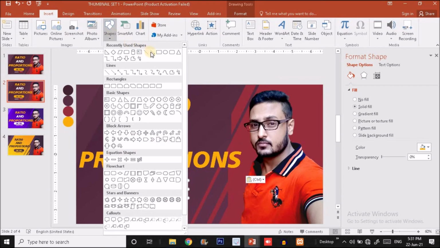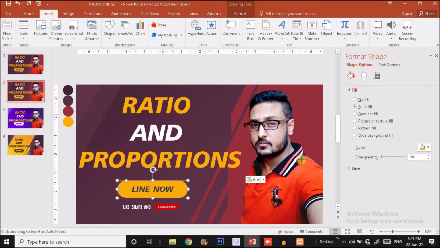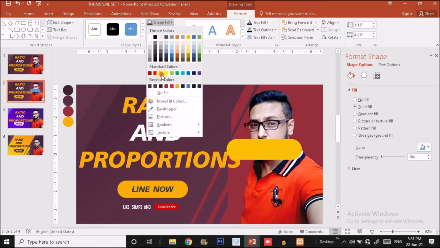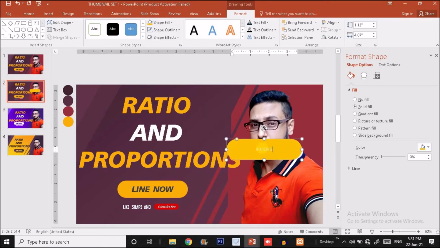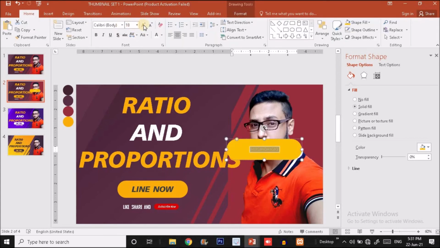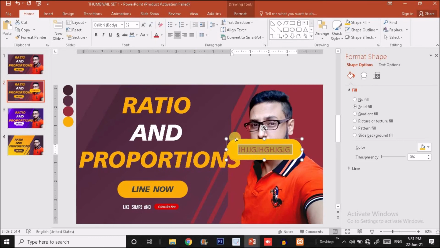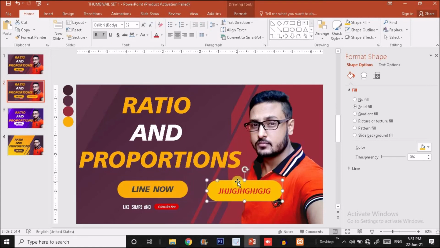To do this is very easy. You just have to click on the shape option. You have to choose this option, drag it like this. You will find a yellow dot, drag it like this, make it smaller like this, remove the outline, fill it with a color. So I'm going to fill it with a color, and whatever you want to write here, you can write, and you can increase the font size as well as the color. So this is how simple it is, guys. You can make it bold, you can make it italic from here. And I have put it over here.